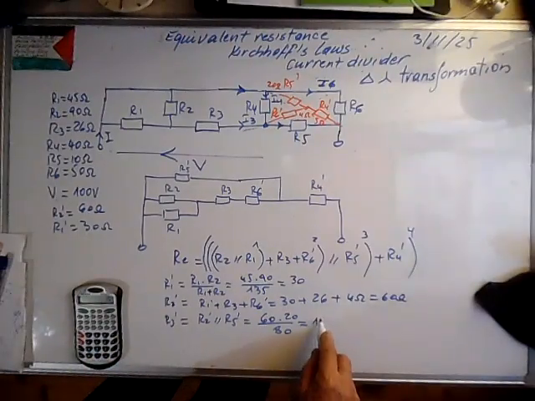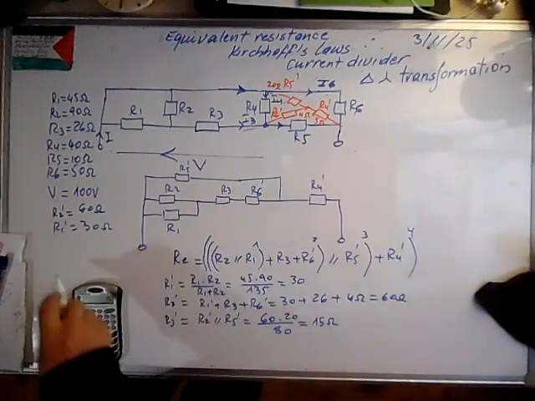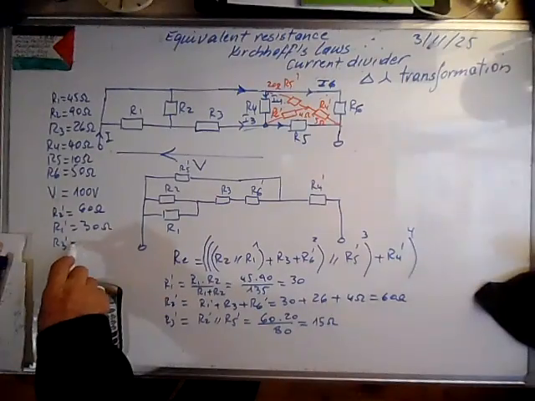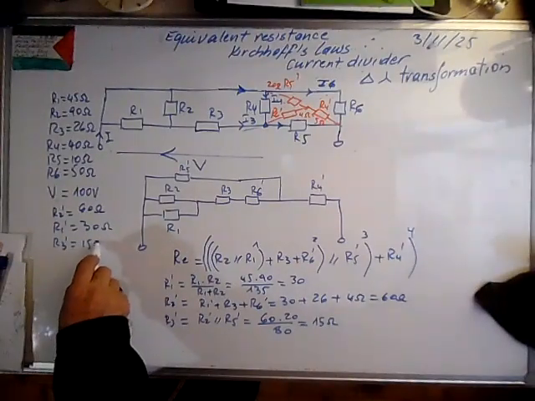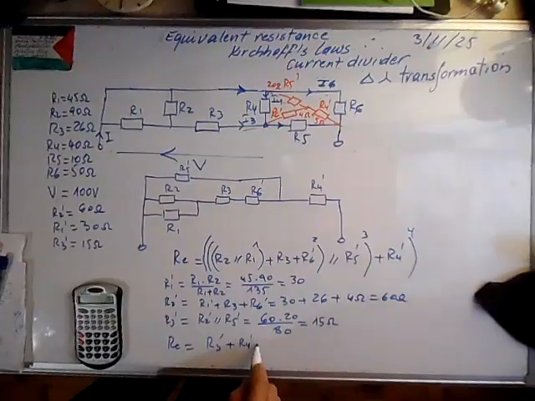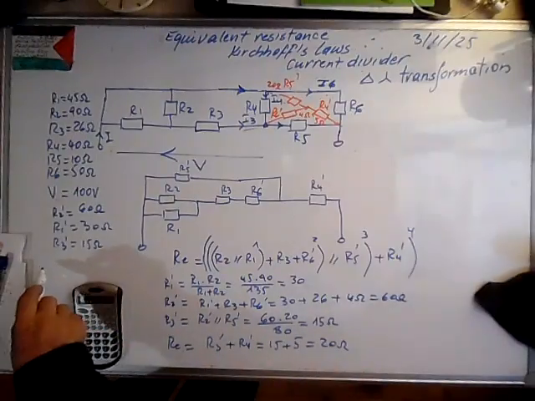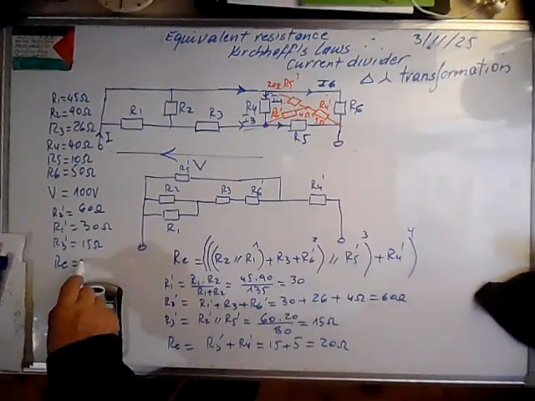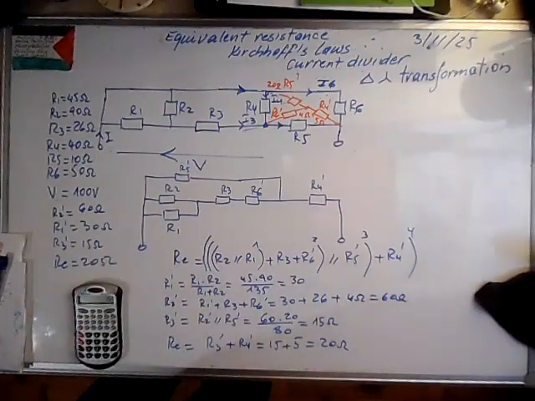This is 15 ohms. So R3 prime is 15 ohms. Now, the equivalent resistance is R3 prime plus R4 prime, and this is 15 plus 5, it's 20 ohms. The equivalent resistance is 20 ohms. Now we can calculate